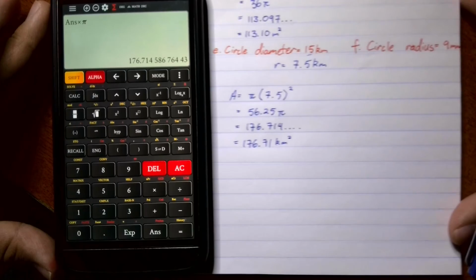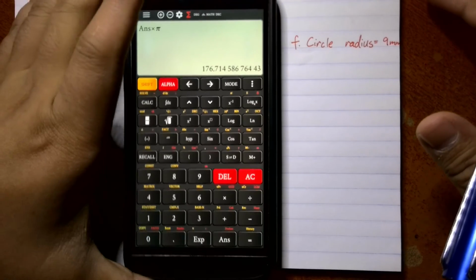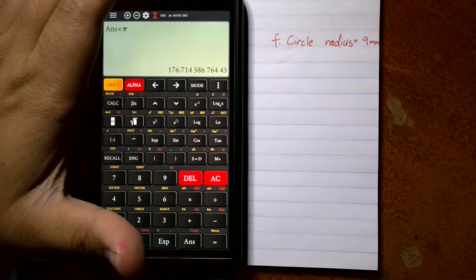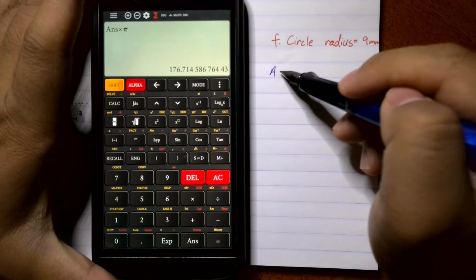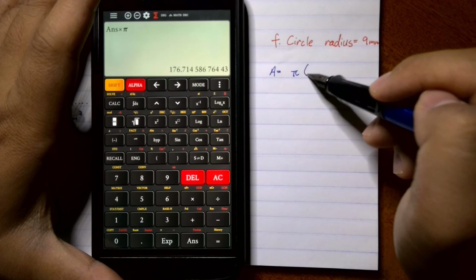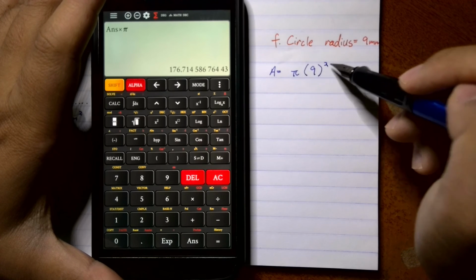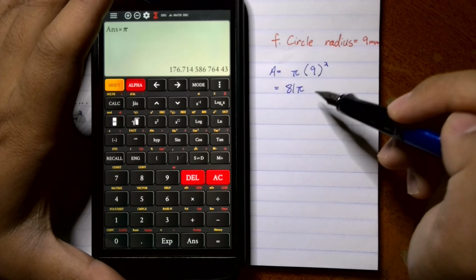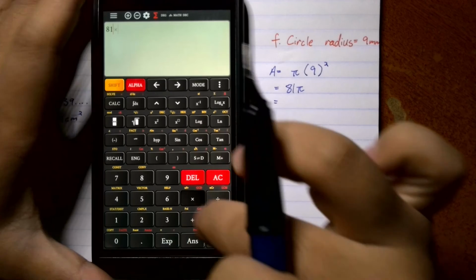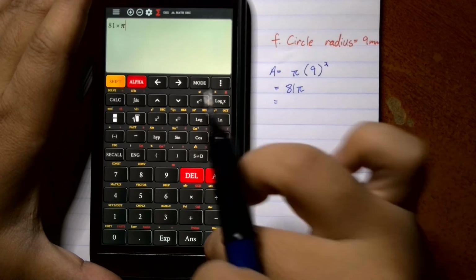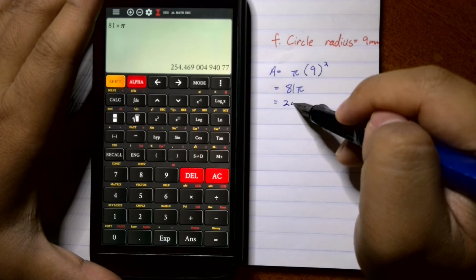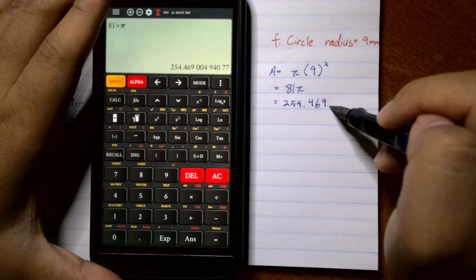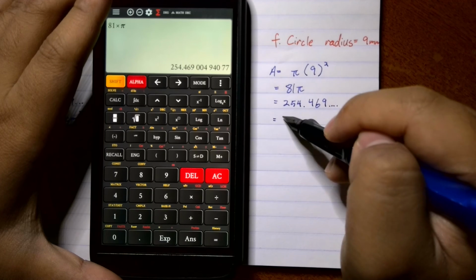One last example. Circle with radius 9 millimeters. This is very straightforward now since we are told the radius. So area equals pi times 9 squared. 9 squared is 81 pi. 81 times pi gives us 254.469. And rounding this off,